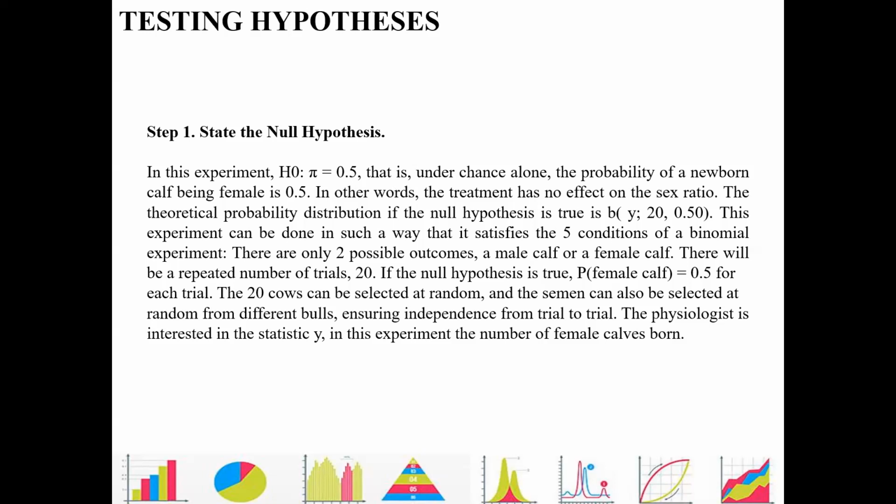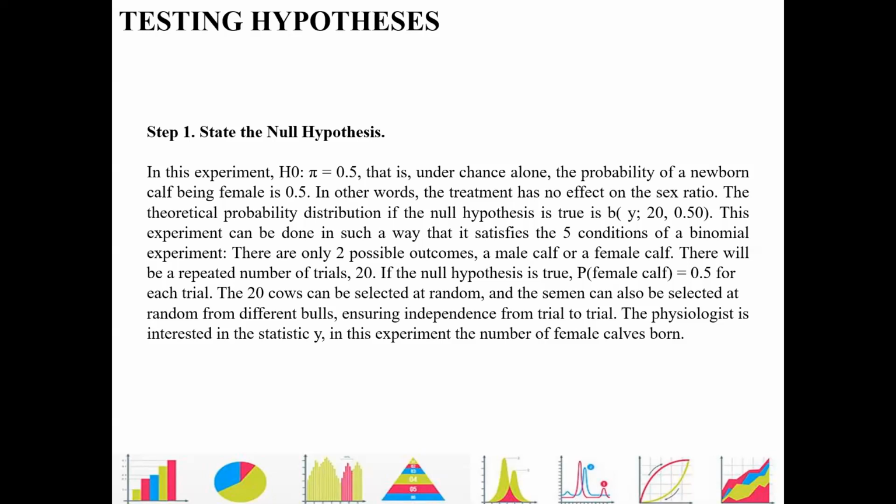In other words, the treatment has no effect on the sex ratio. The theoretical probability distribution, if the null hypothesis is true, is the binomial distribution, Y, with n = 20 as our sample and 0.5 as the probability of success. This experiment can be done in such a way that satisfies the 5 conditions of the binomial